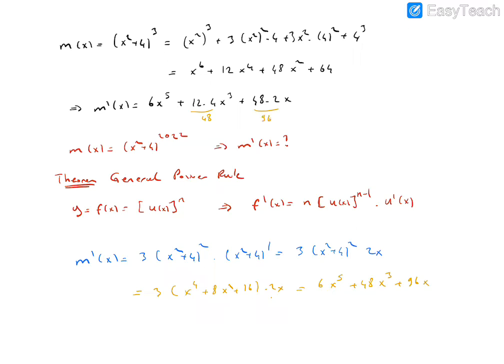Now you can calculate this derivative easily. The derivative of m of x is 2022 times x squared plus 4 to the power 2021 times the derivative of x squared plus 4, which is 2x. This is a special form of the chain rule. So the chain rule theorem is the generalization of the power rule, the general power rule. This is important in my opinion. The chain rule is very important.